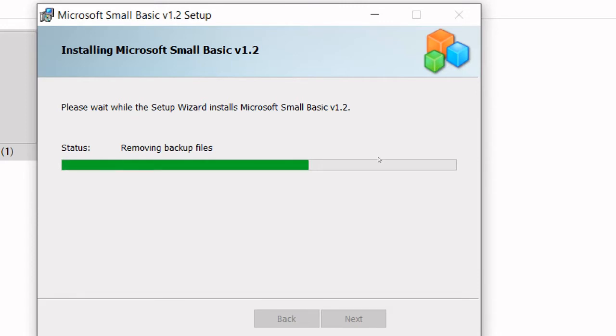So we need to have some patience before this installation gets completed. As of today we are learning Small Basic, but as we progress after this programming language, we can also learn other languages like C and Python or any suitable languages, any required languages.